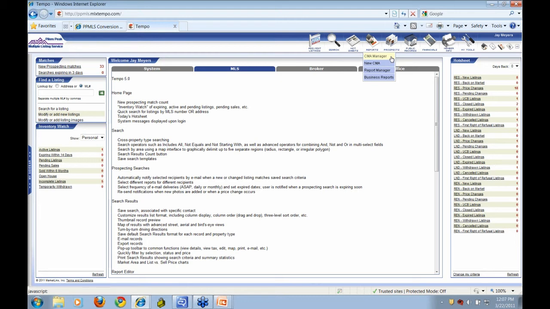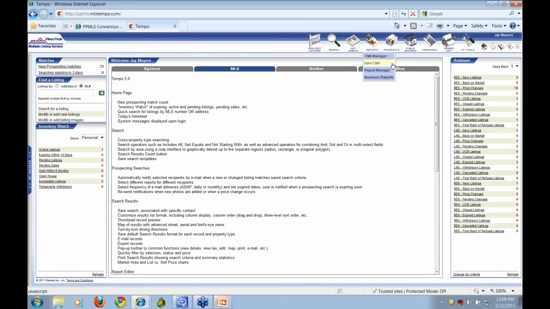Now, keep in mind that any CMAs that are currently in the Tempo 4 system, the system that you currently use, will not convert over to the Tempo 5 system. So this is only for CMAs that are created in Tempo 5 going forward. Again, any existing CMAs in Tempo 4 will not come over into the Tempo 5 system. There are just too big of a difference between the way that they're done. There's just no way to make them compatible. So if you've got any in Tempo 4 now and you want to save them after the conversion, it's probably a good idea to go ahead and print them out as soon as possible.